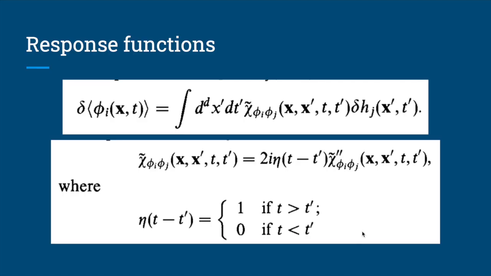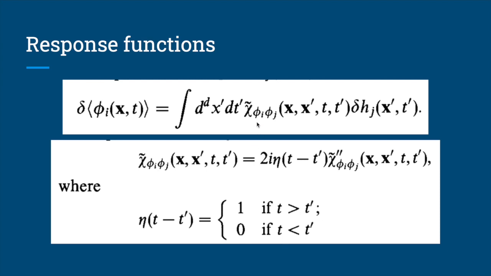Okay, now we will look at a brief of response functions. For this, we will take up static susceptibility, which basically relates the change in the average value of the quantum field at some x to the changes in external fields, delta h_j of x dash. It's like a magnetic response to the external magnetic field, which is what we're trying to find. Now this equation frames the response function chi of phi_i phi_j in such a way that it's valid only for t greater than t dash.